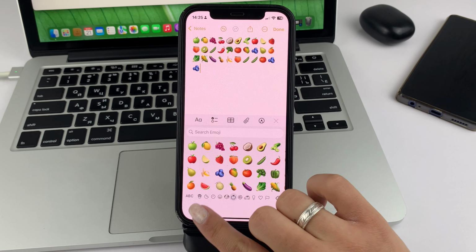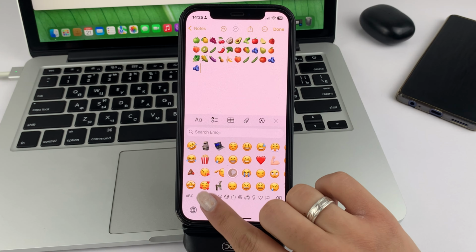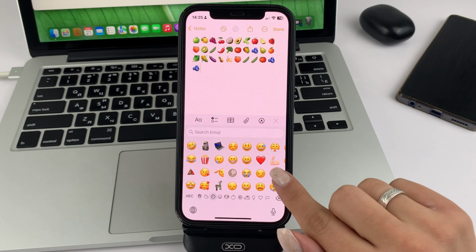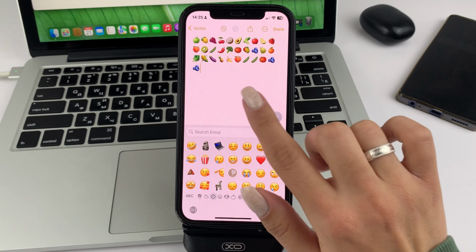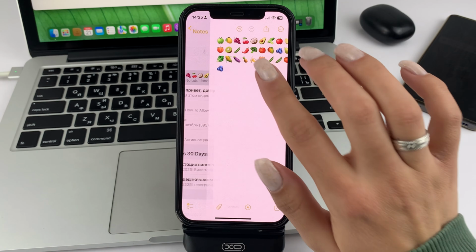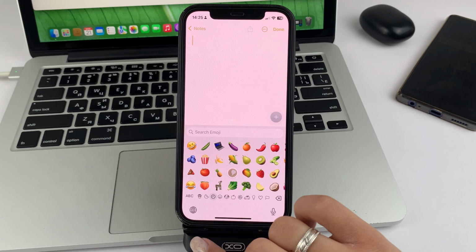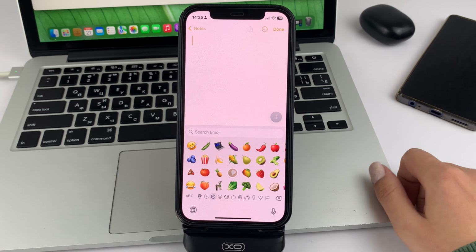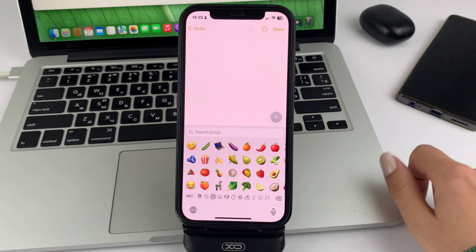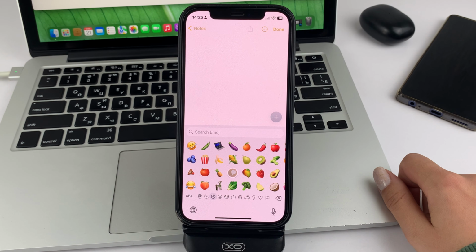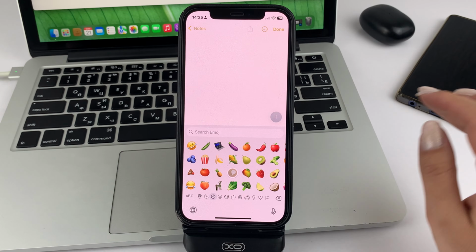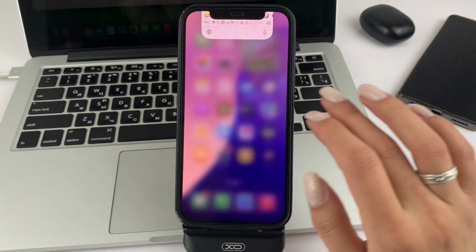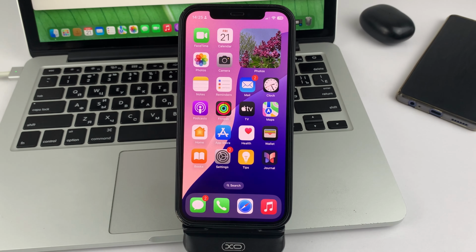And then, friends, when you go to your emoji, you will eventually see that they will be modified. So it will mean that your emoji are being replaced. As you can see, some of the emoji are replaced. So you can simply replace them with other emoji. This is the only way you can manually try to reset such settings, commonly used emoji on your iPhone.